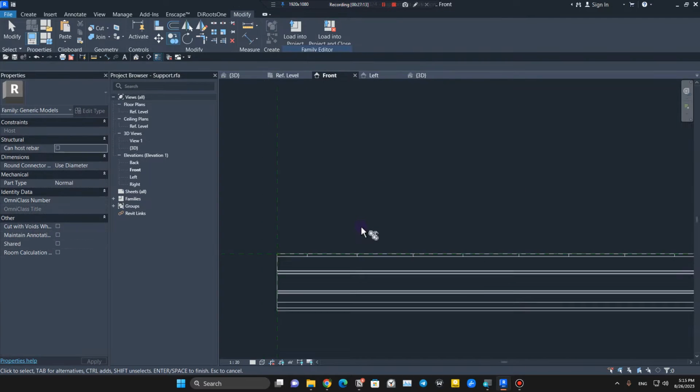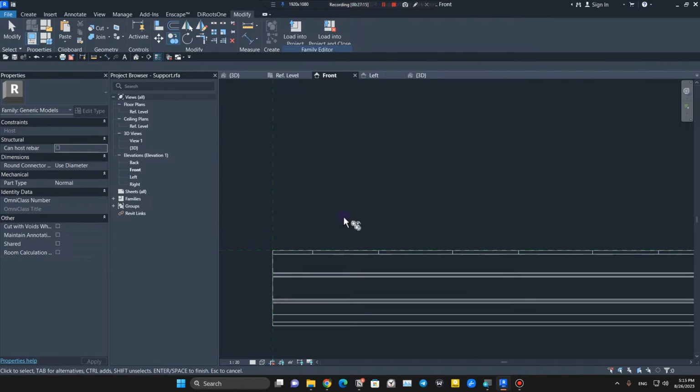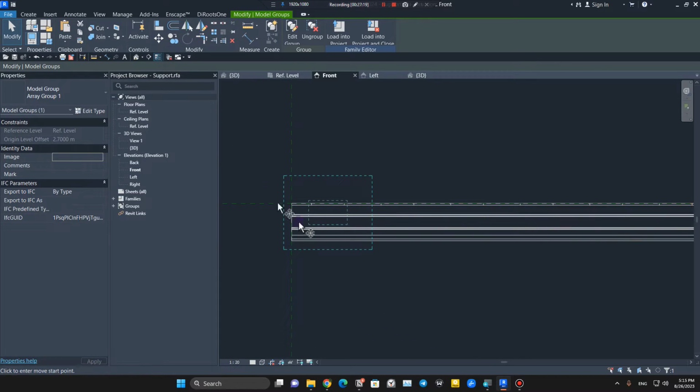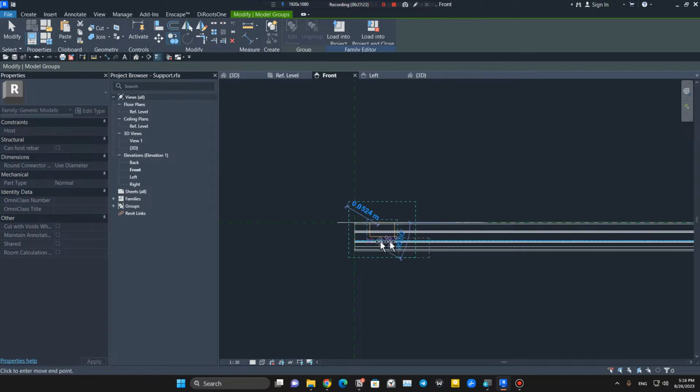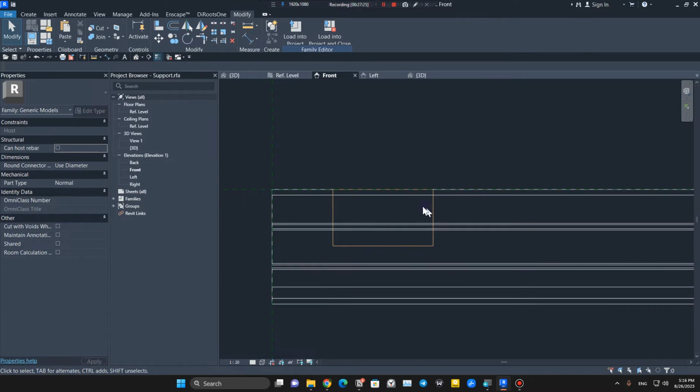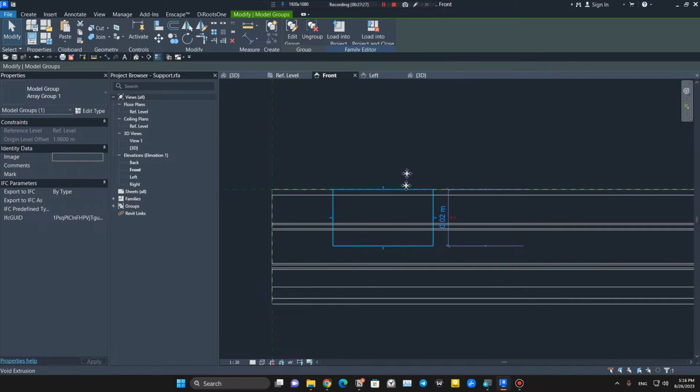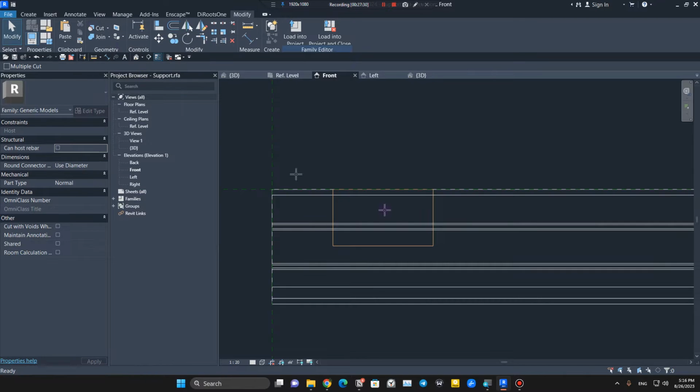Let's go to the front view. It is easier to do this in front view. Let's select this void in here. Let's copy it from this reference plane to this reference plane. And now let's ungroup this one and let's cut